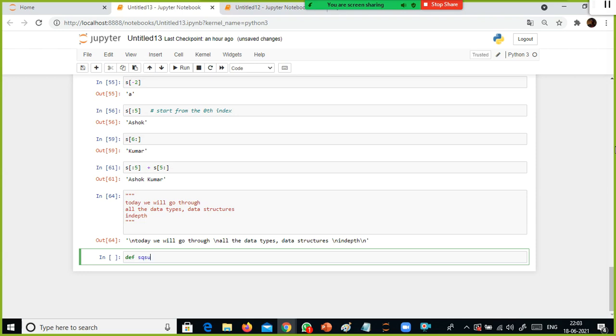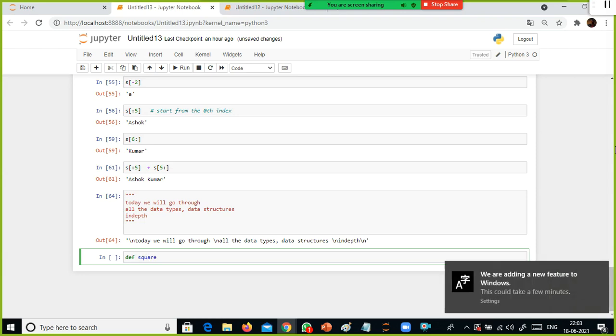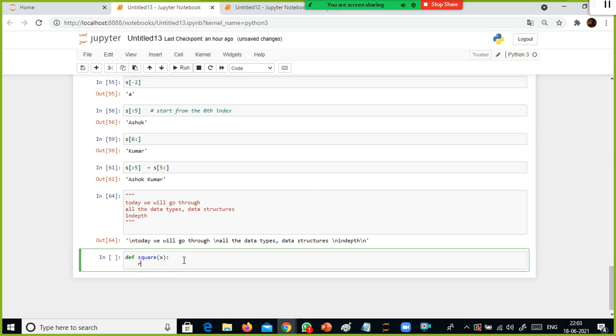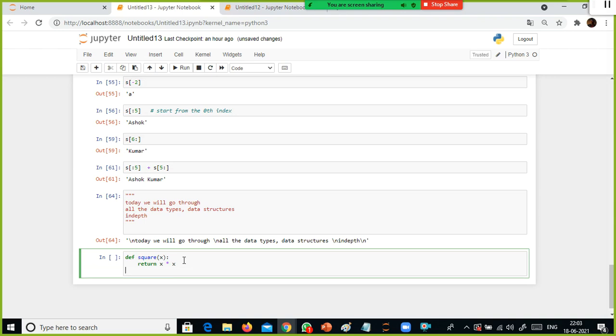So let's say I want to square a value, a simple function. I'm going to use x, and since square is a function, I am using the parenthesis. Inside the parenthesis I specified the argument x, right? I'll have to specify return. So this is my function.